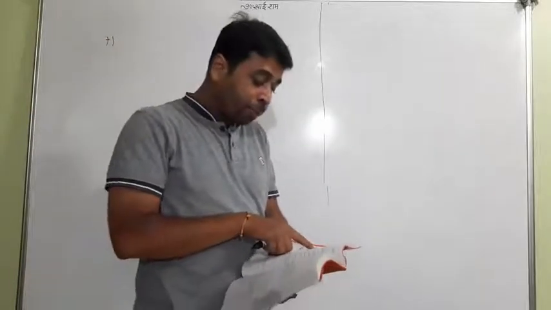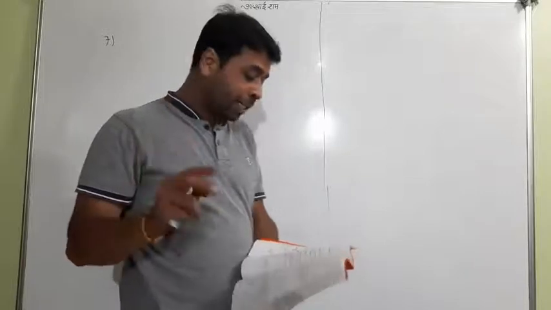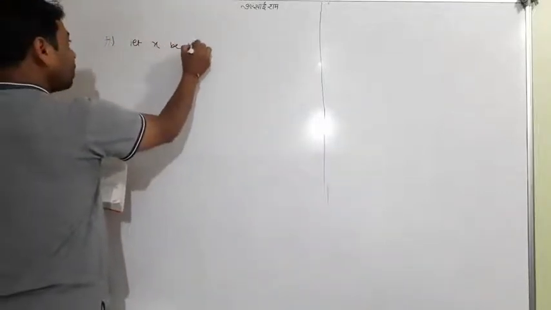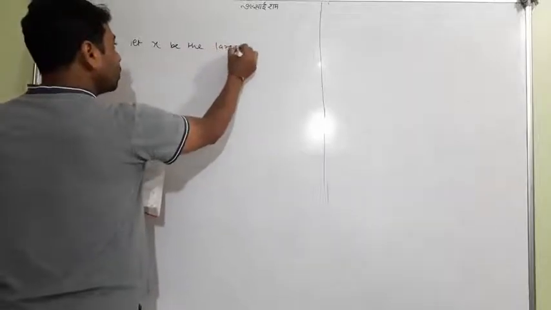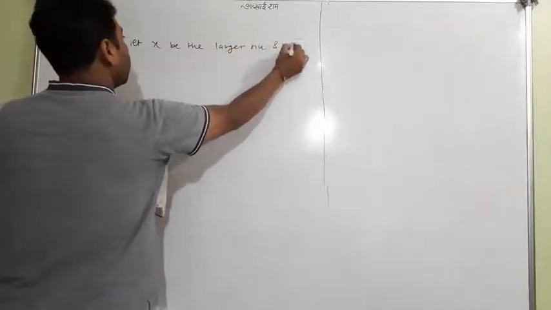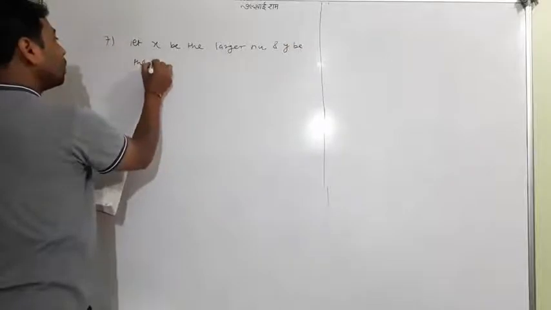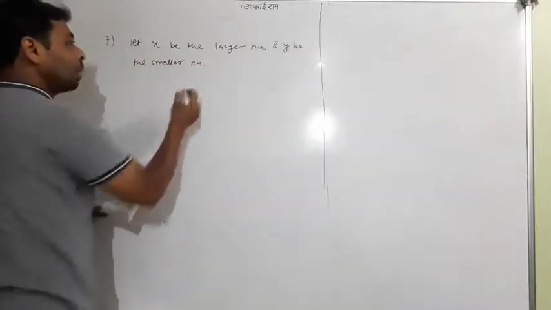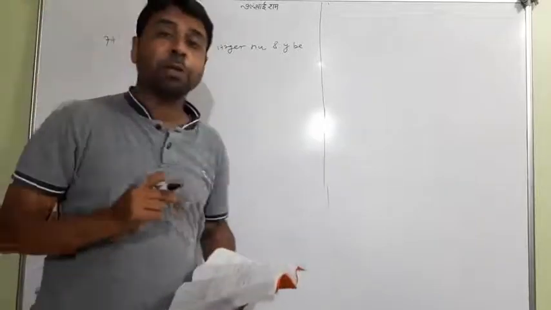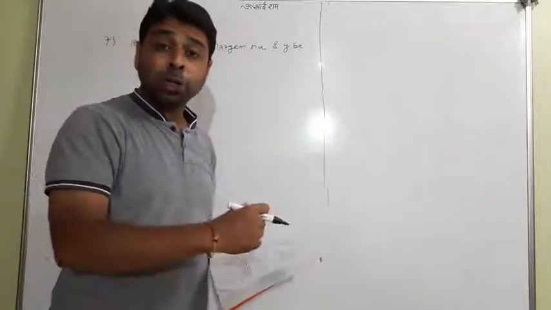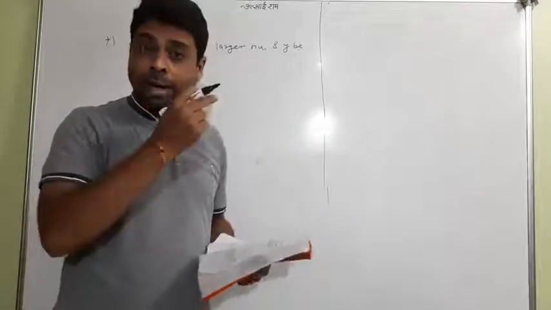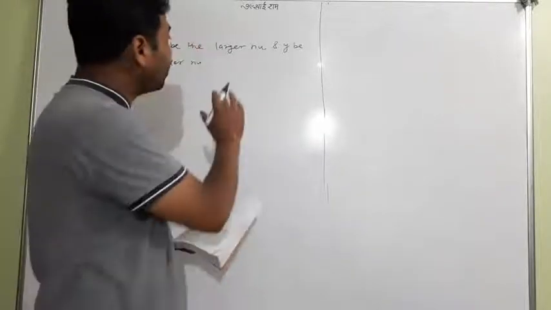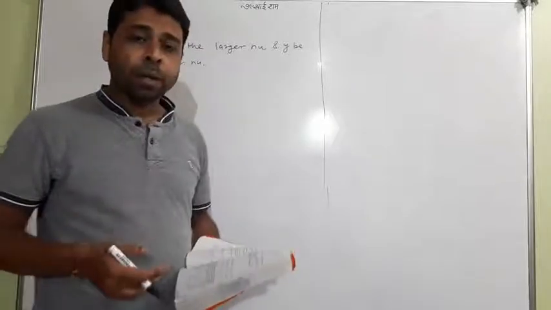So I take the difference of squares of two numbers, 180. I'm writing: let x be the larger number and y be the smaller number. And why did I mention larger and smaller here? Because it is talking about the difference between the numbers. So x must be first and y must be later, because x is larger and y is smaller. That is very important to mention there. So I mentioned x is the larger and y the smaller number.